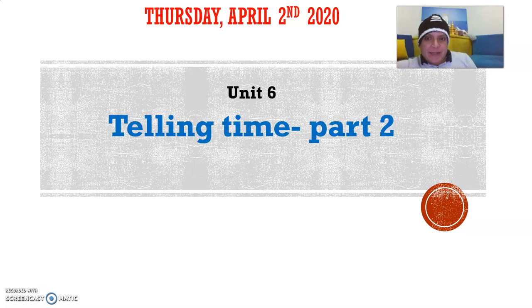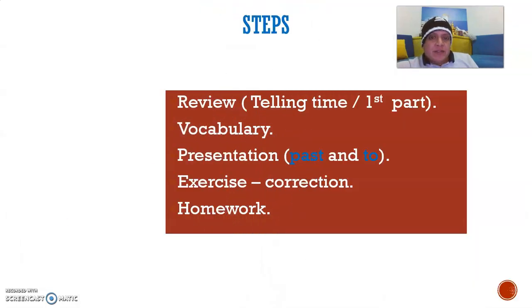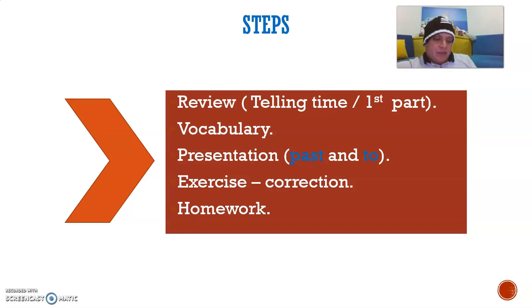Today is Thursday, April the 2nd, and this is our second session this week. We are in Unit 6, and today we are going to deal with telling time, but another way of telling time. It's telling time part 2. And our steps for today are we will see a review of part 1,